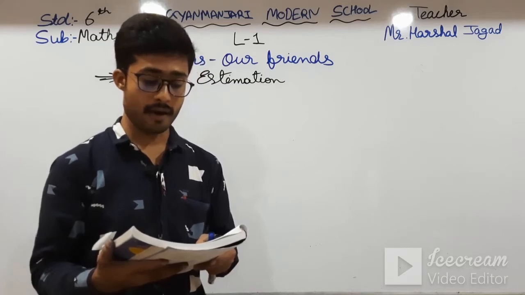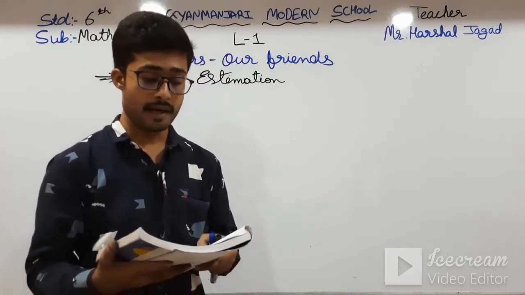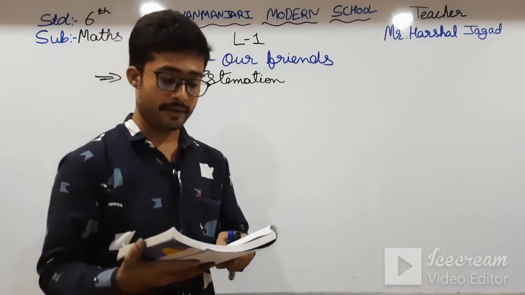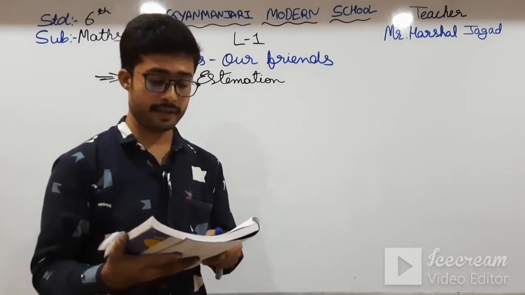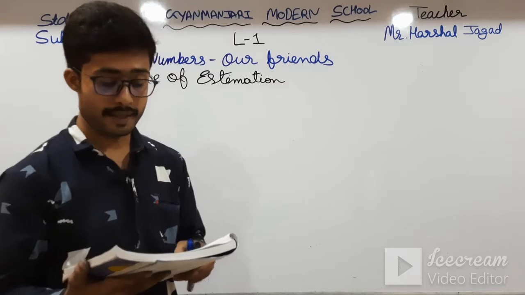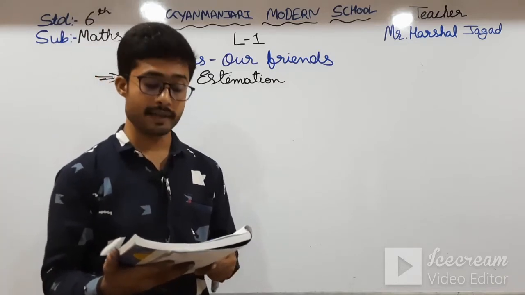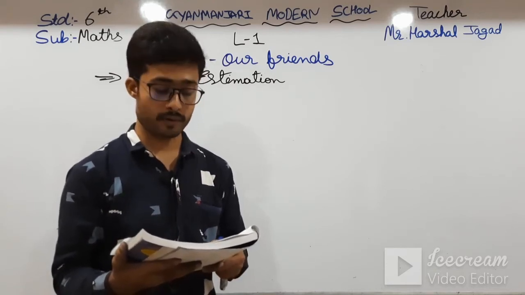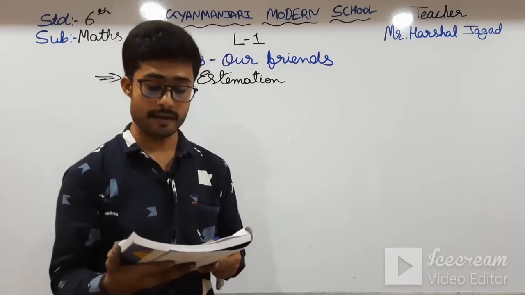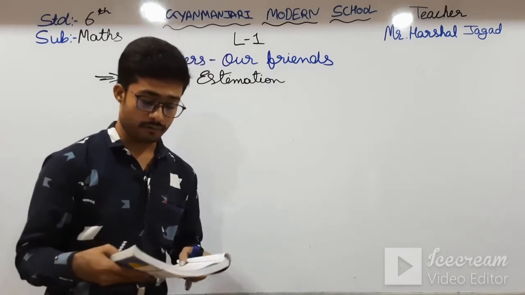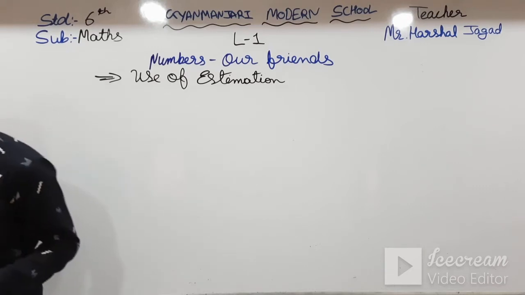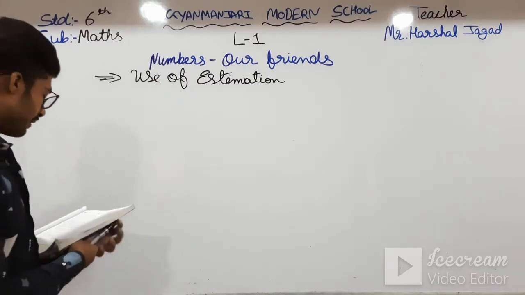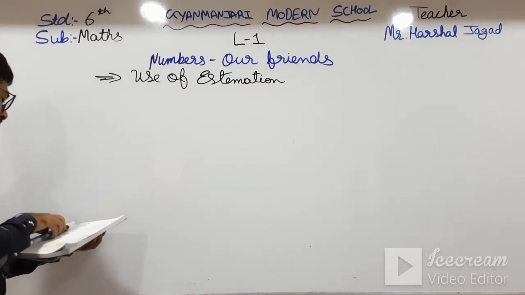In earlier classes, we have learnt rounding up of numbers. Rounding up of the numbers is an approximation. This means that when we speak of 50,000 people, what we really mean is the crowd was between 45,000 and 55,000. This rounding up helps us to get approximate answers in addition, subtraction, multiplication and division. So, first of all we will use estimation in addition. Okay students, here there is example 16. We will do example 16.